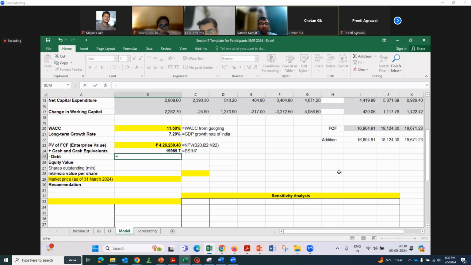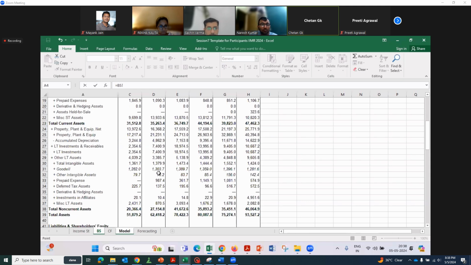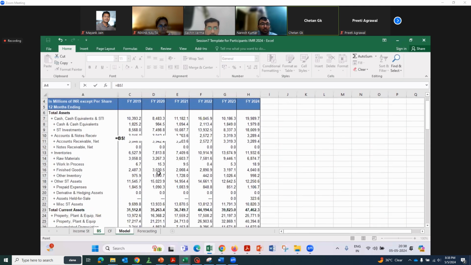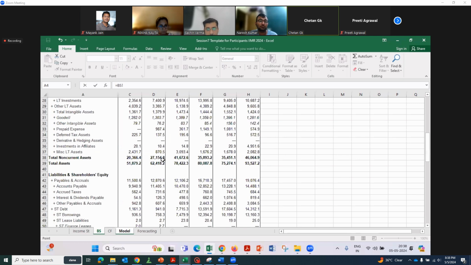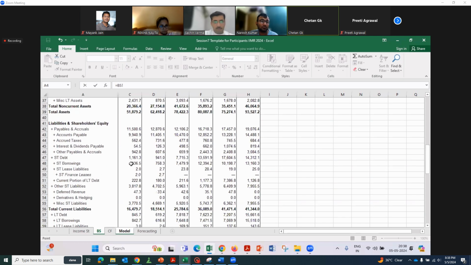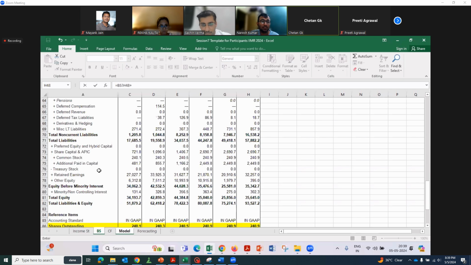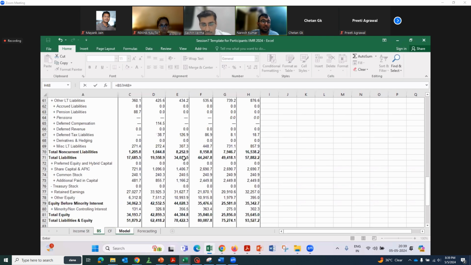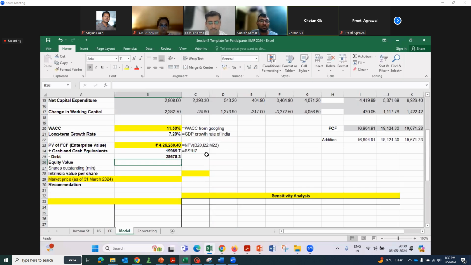Debt means both short term and long term. Short term borrowings F48, plus long term liabilities above. Done.